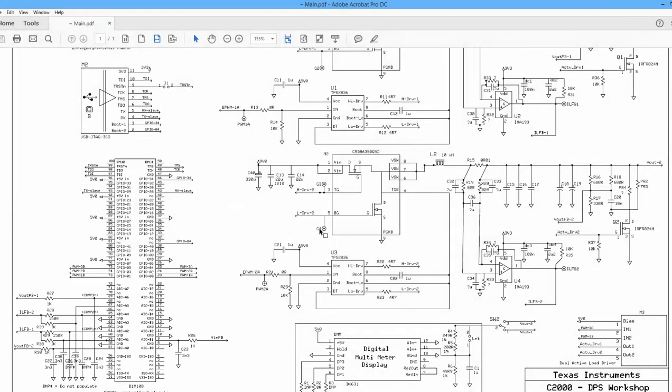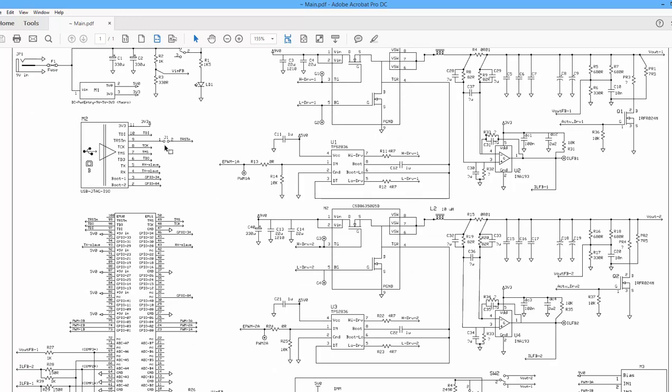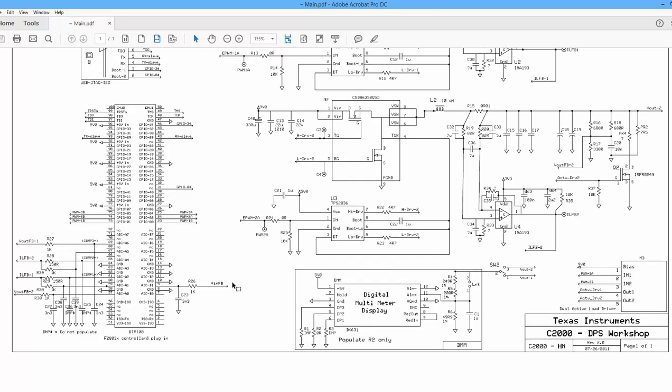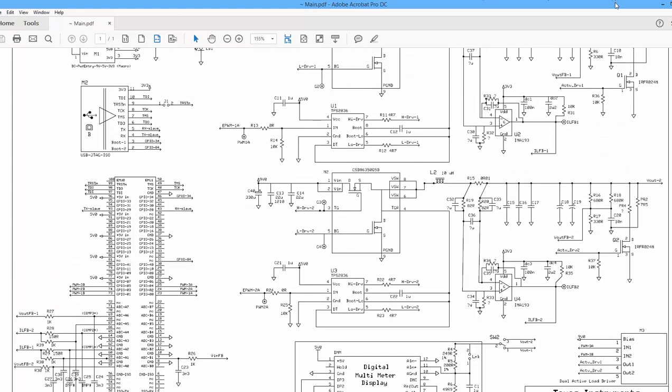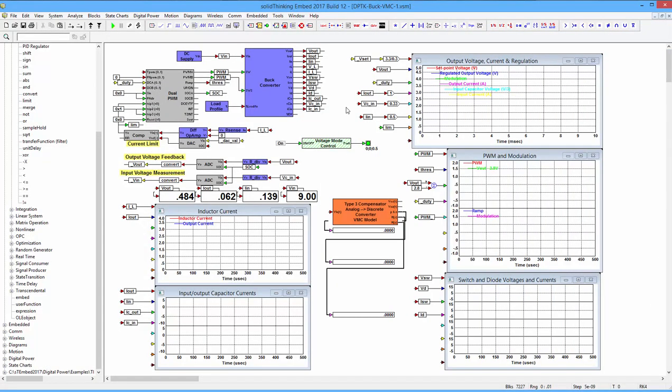There's no capacitance. Then we have the input voltage here through this divider, and it's going into the B1 input of the ADC, which will be channel 9 in our case. So we can move this over, and this is the example of the buck converter here. Okay, so we set it up with